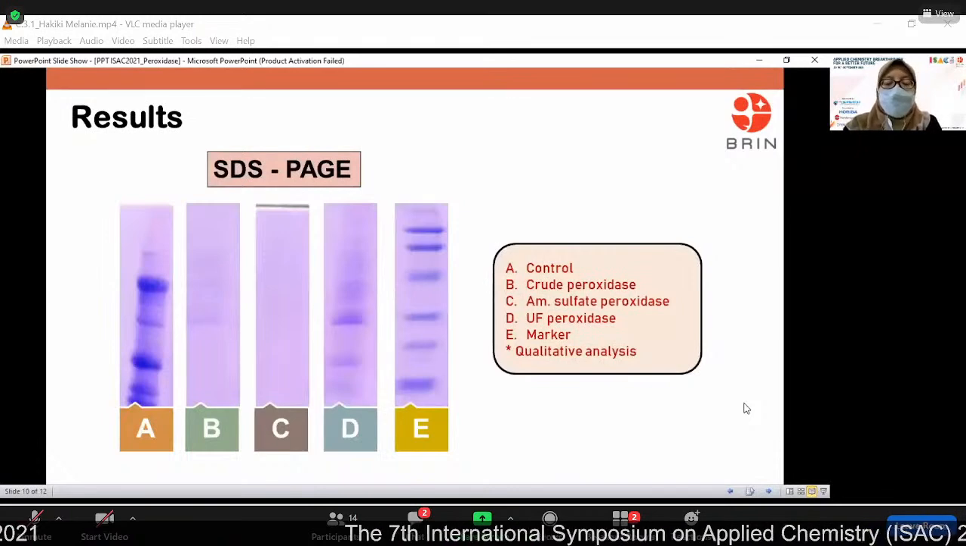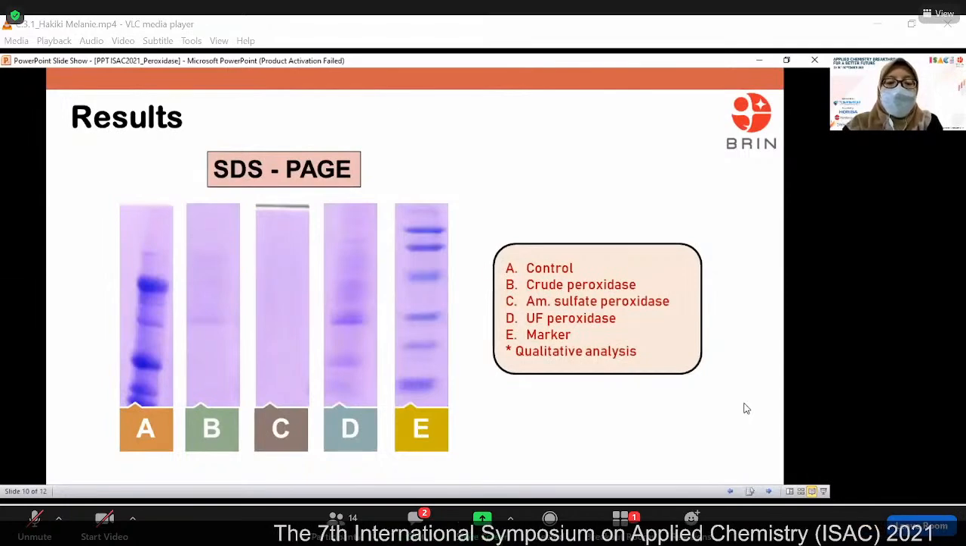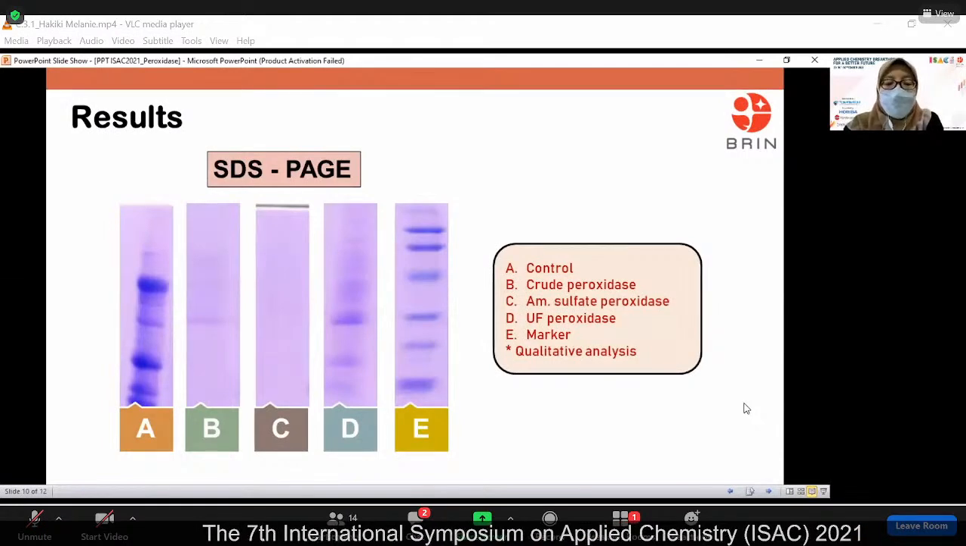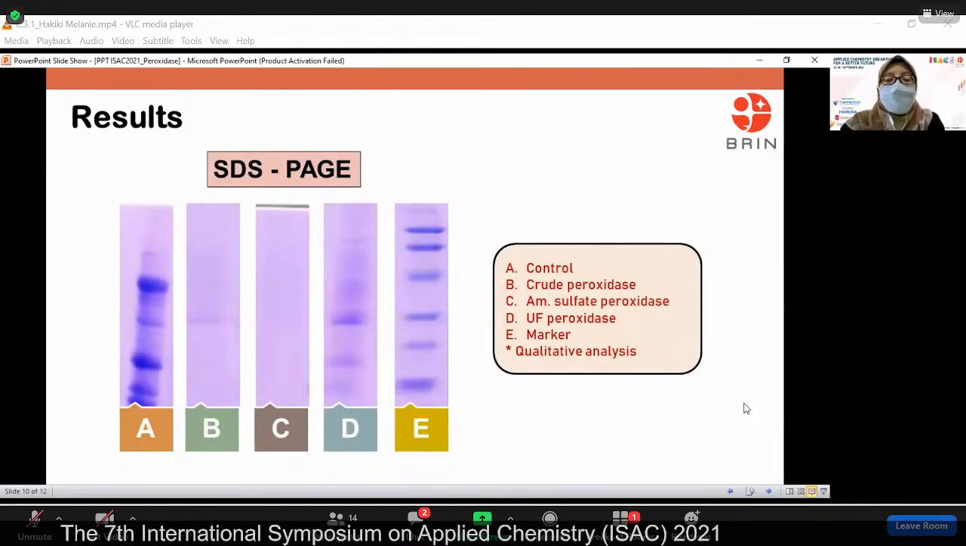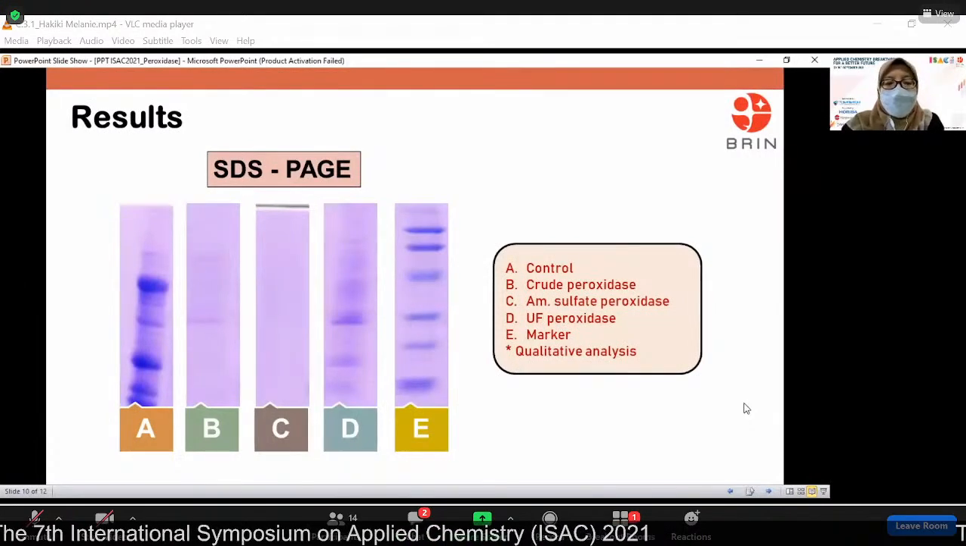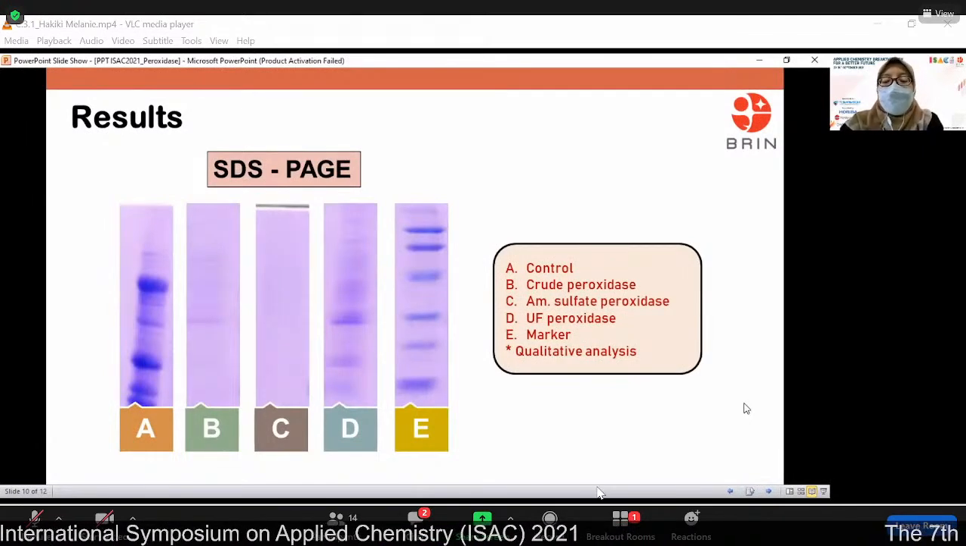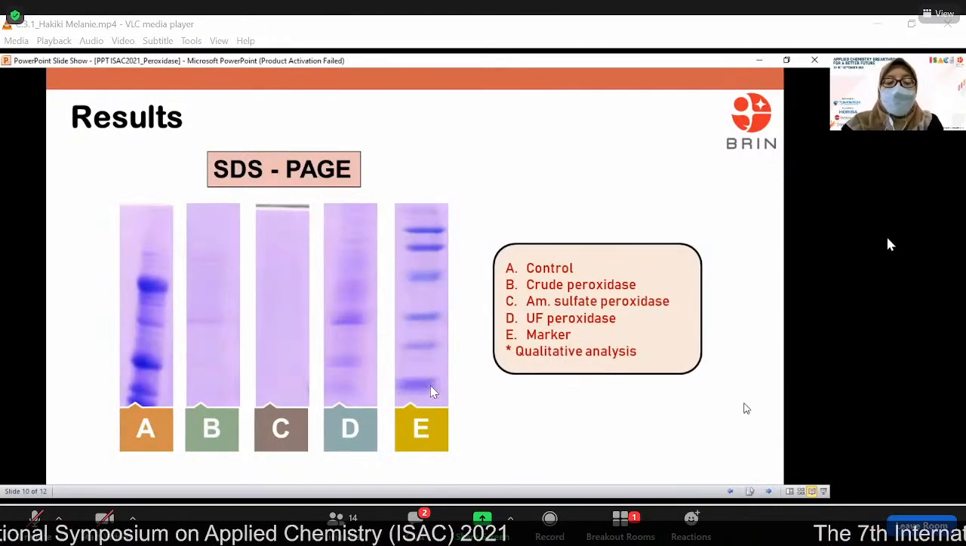The SDS-PAGE analysis was done to separate proteins based on their electrophoretic mobility. As we can see in this picture, based on the result of the SDS-PAGE analysis, the peroxidase from the ultrafiltration can be further purified using chromatography, since it gives a relatively good and clear separation of protein bands. Peroxidase purified from fruits and vegetables has different molecular weights depending on the source, ranging from 35